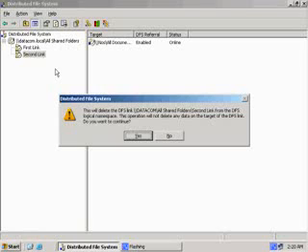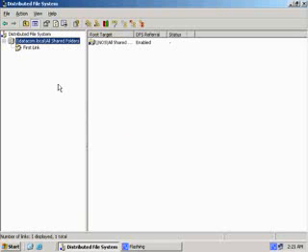If you want to delete a link, simply right-click the link and click Delete Link. A dialog box will appear informing you that the link will be deleted from the DFS logical namespace, but will not delete any data on the target of the DFS link. Deleting a root is the same as deleting a link.